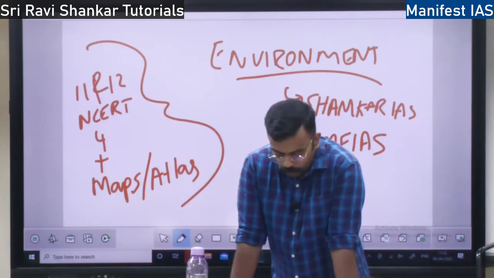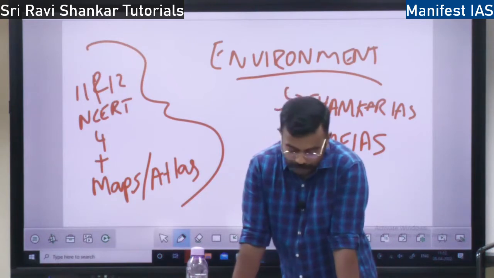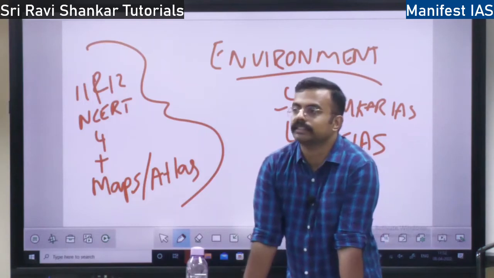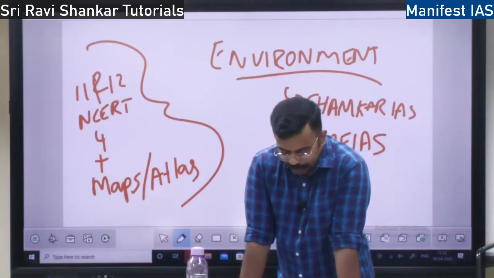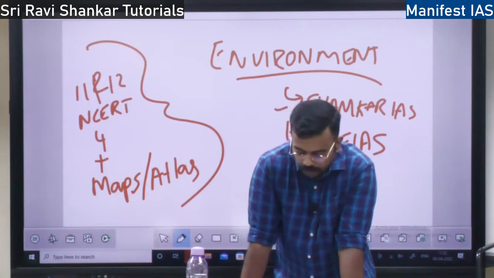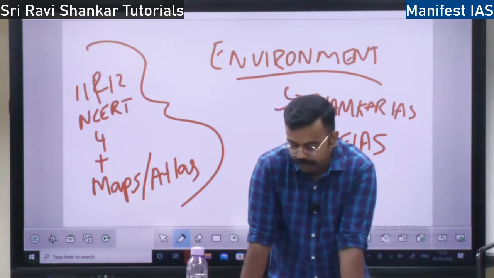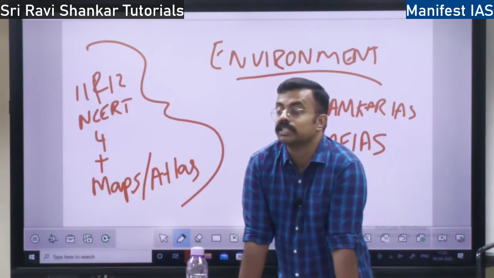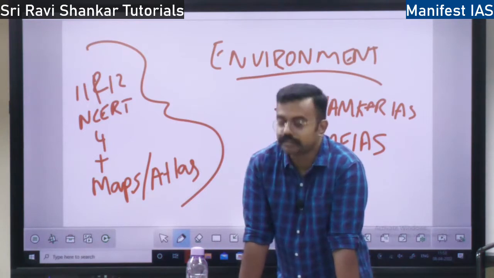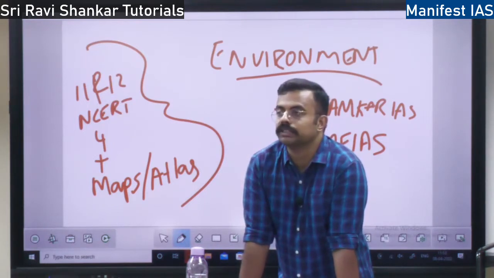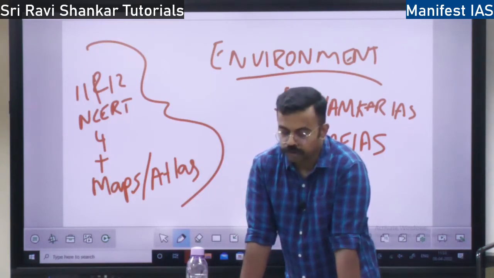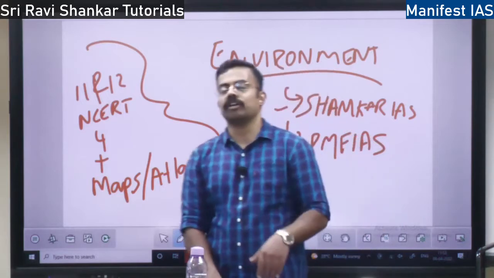Then we will talk about environment. What is environment? See, I am here. My surrounding is my environment. As simple as that. The standard definition is that all living and non-living things surrounding an organism is the environment, right? These living things are called biotic components, and non-living things are called abiotic components, right? So I am here, this is my environment.